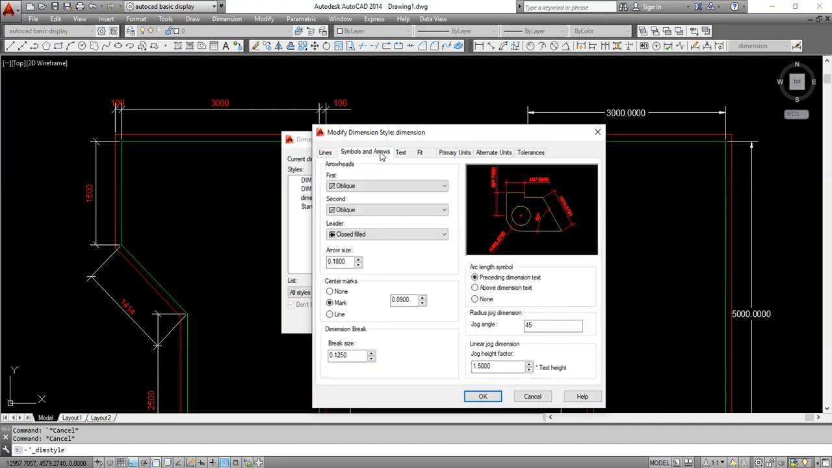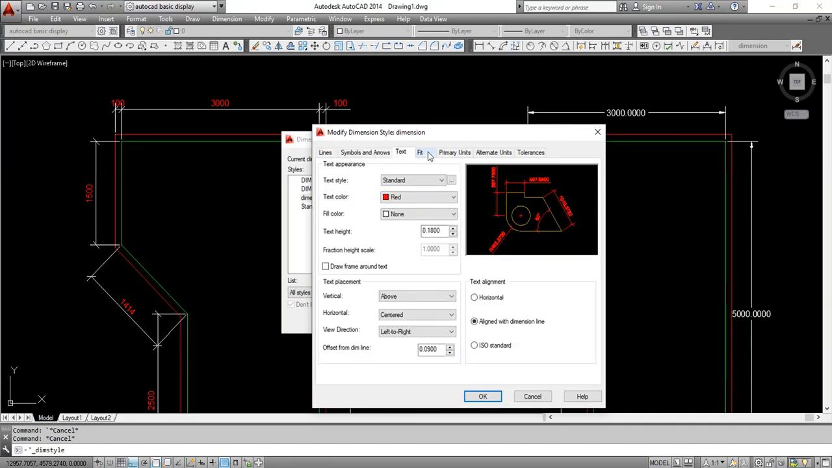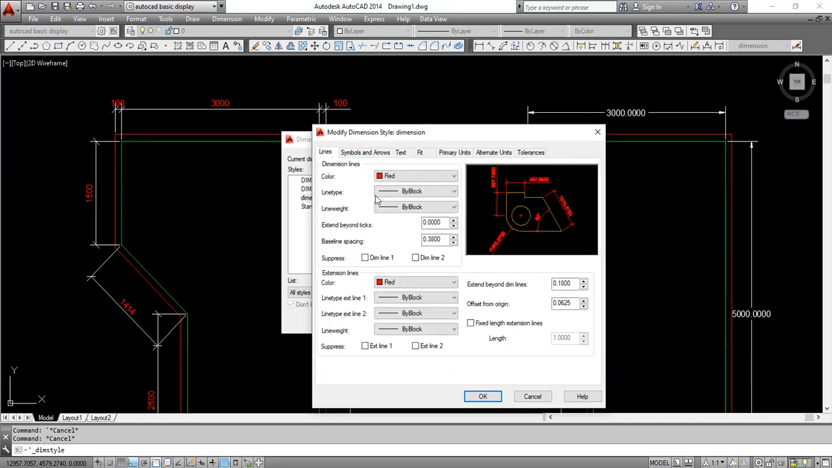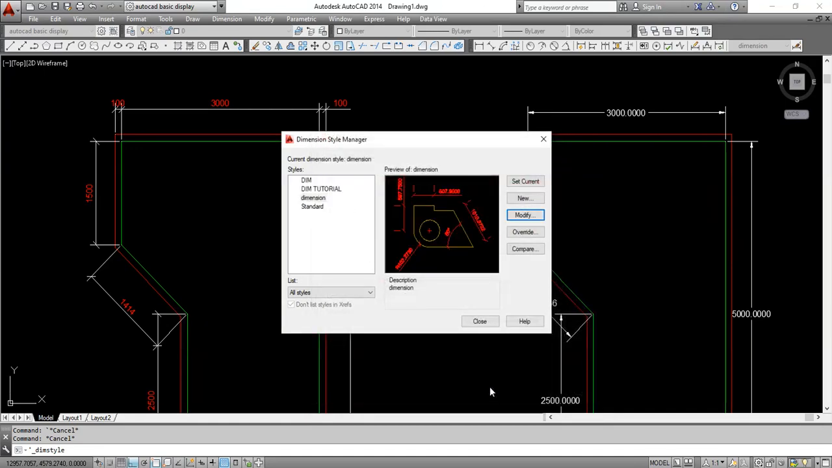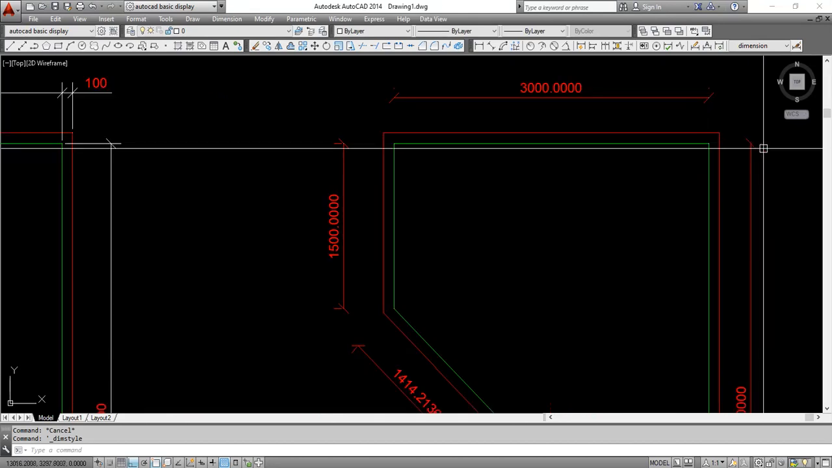Now in the symbol and arrows, no, not this one. Lines, in the lines you'll see offset from origin. It means from here to here, that is 625. So if I'm gonna make it 1, enter, equal, okay, close. See,